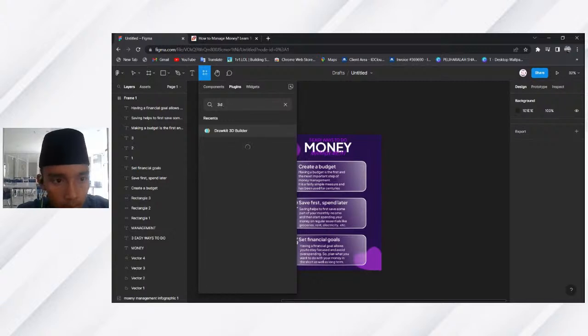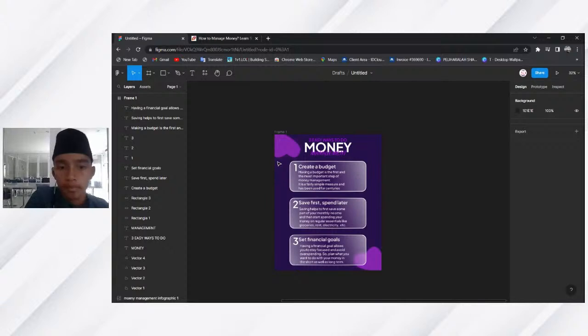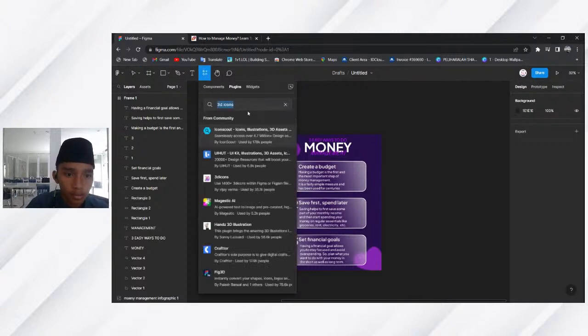3D icons. So we're going to use this one, and now just press run, and we are going to wait for the plugin to run. Right?